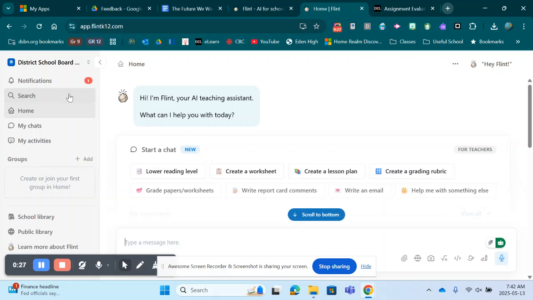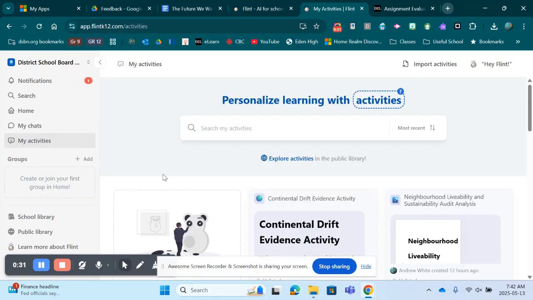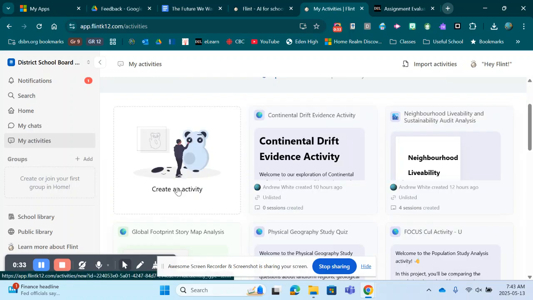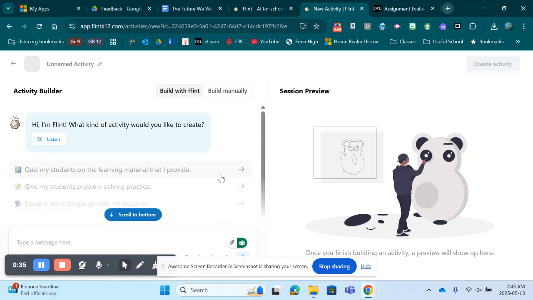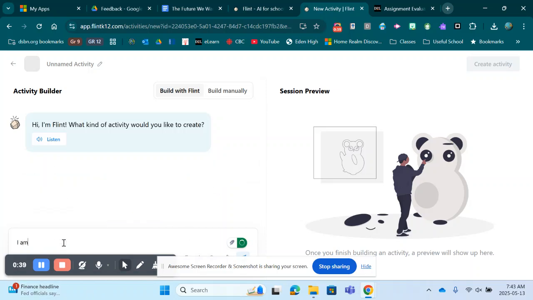So therefore, I suggest to do it in My Activities. So if you go into My Activities and then click on Create an Activity, I always like setting the context here. So I am